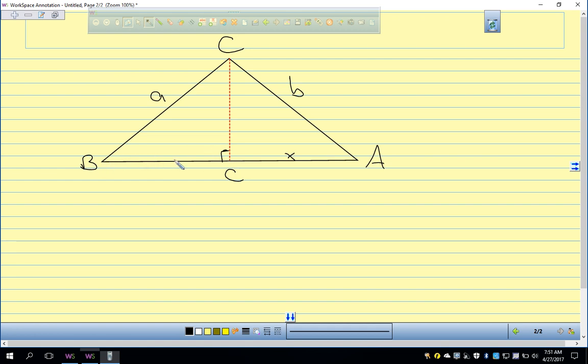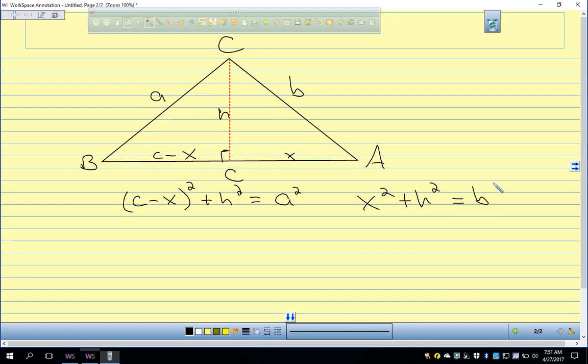What can I call this from here to here? If this is C and this is X, then this is C minus X, right? Okay. So then, and we call this H. See this right triangle? I could write this one, by the Pythagorean theorem, as C minus X squared plus H squared is equal to what squared? A squared, right? And in this right triangle here, I get that X squared plus H squared is equal to